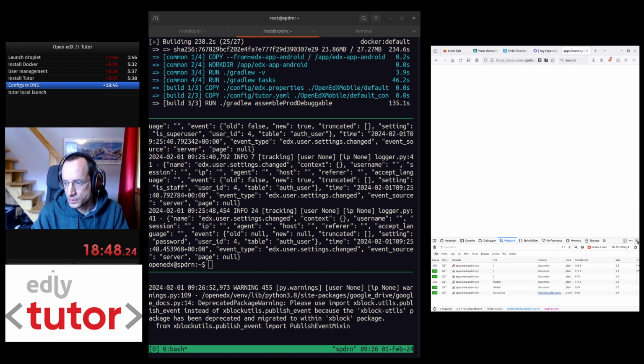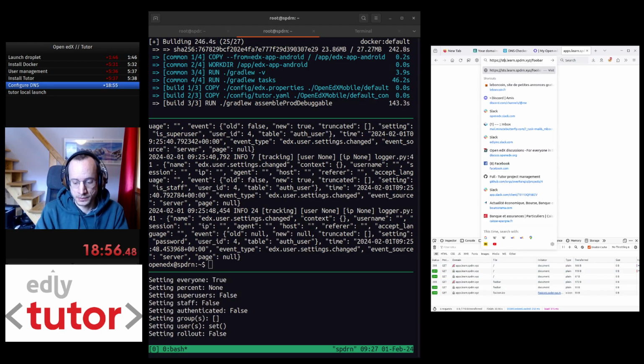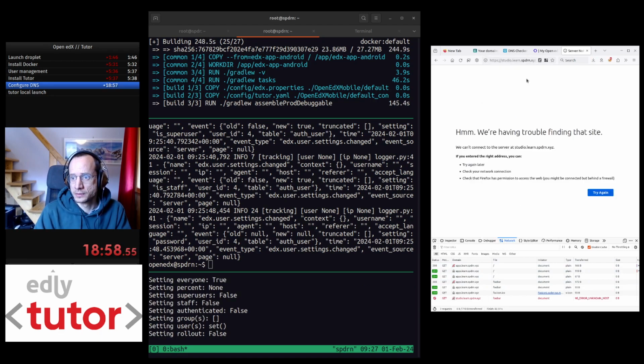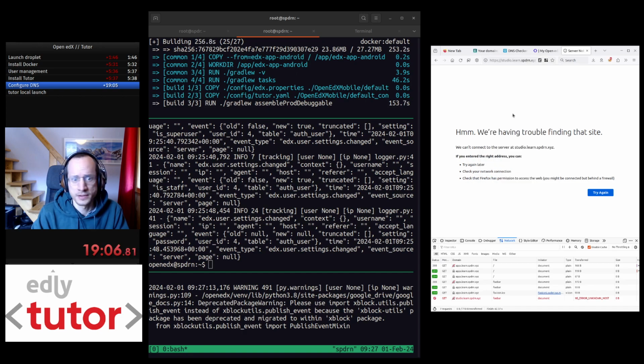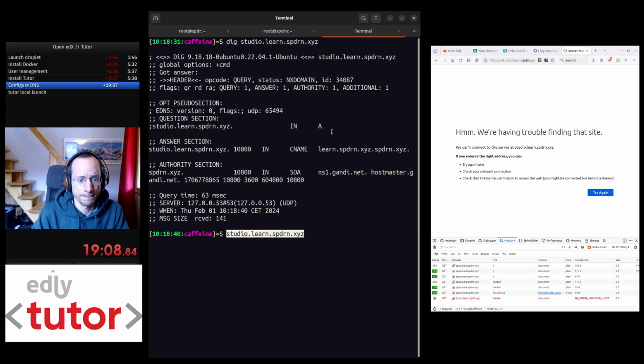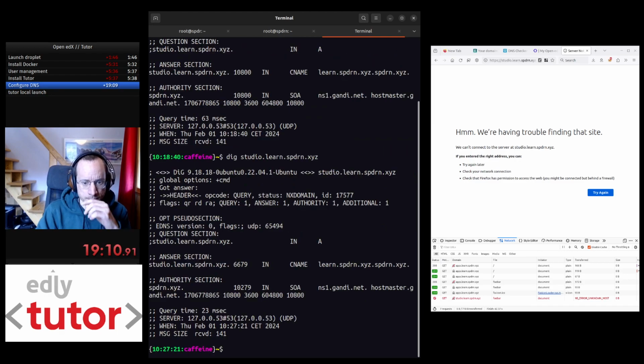Yes. So SSL records are correct for apps. What about Studio? Still not. Why is this not working? Oh, there's still this